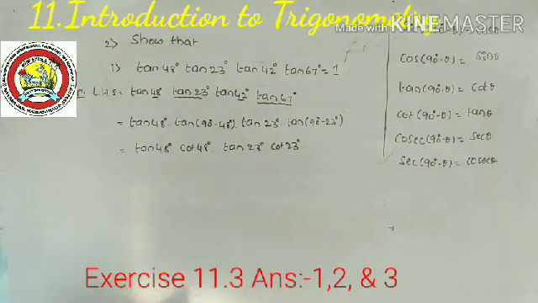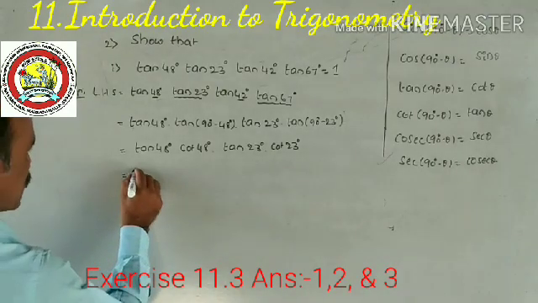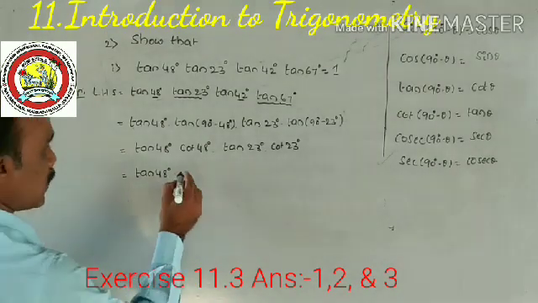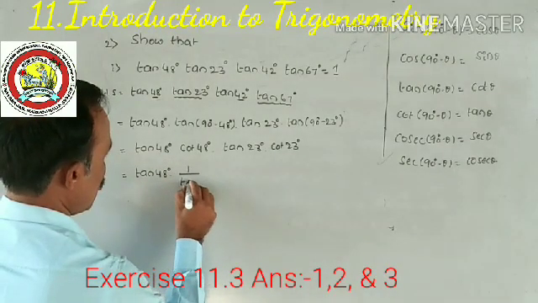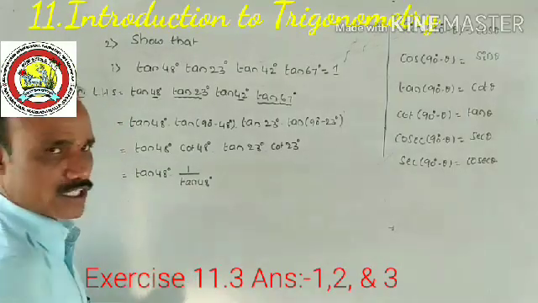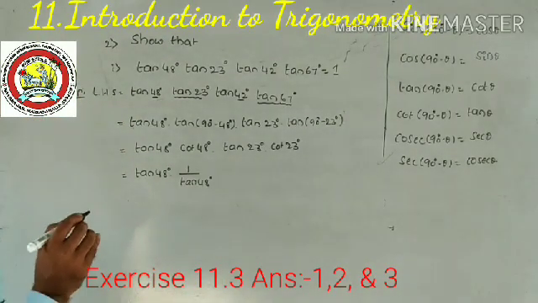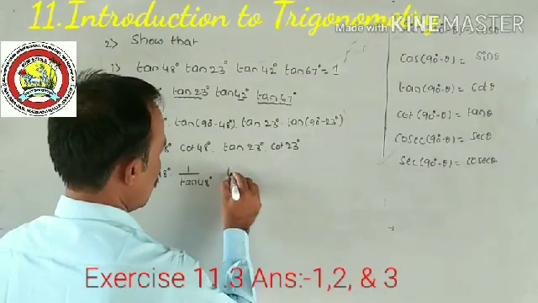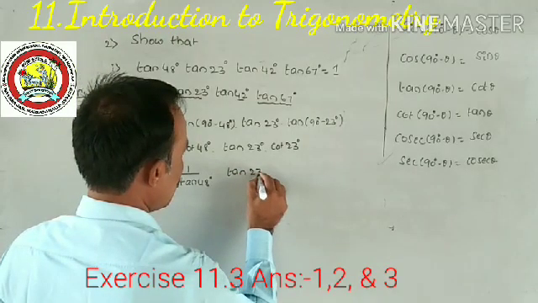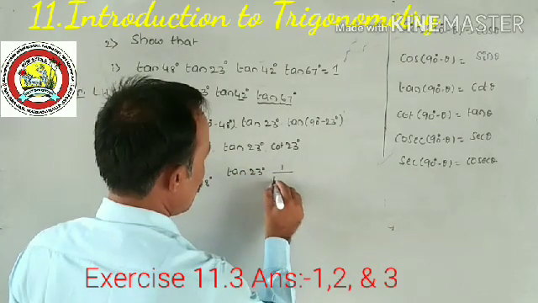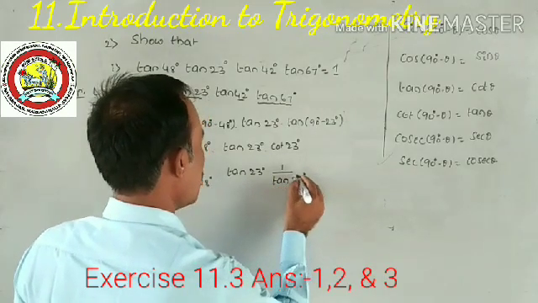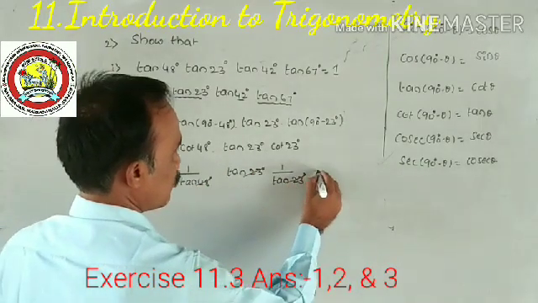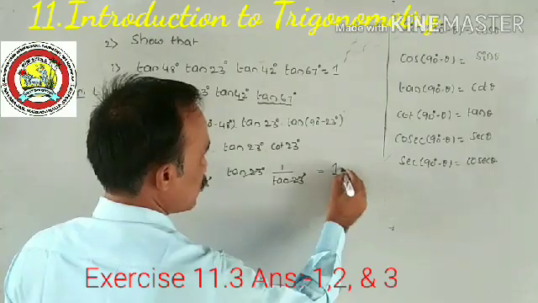Just remember what you have learned in previous classes. Tan 48 and cot 48 are reciprocal to each other, so this can be written as 1 divided by tan 48. Don't forget the previous knowledge; all the basic knowledge is required from beginning to end. Next, cot 23 can be written as 1 divided by tan 23 degrees, numerator term and denominator term. The final answer is 1.